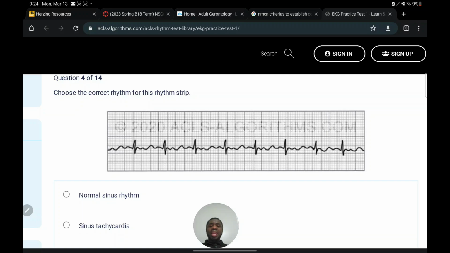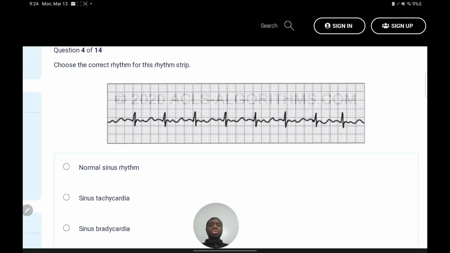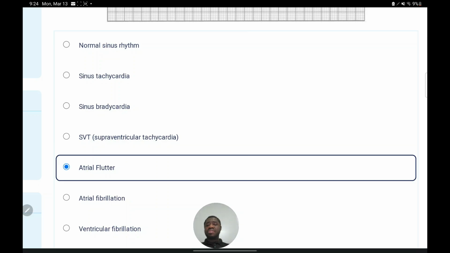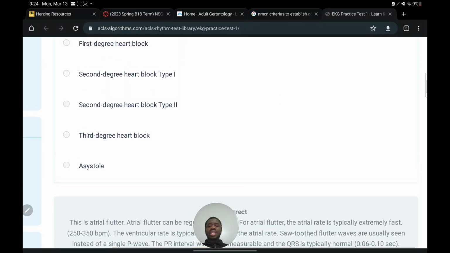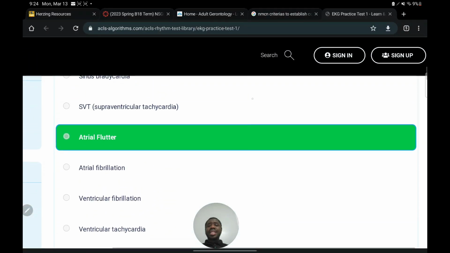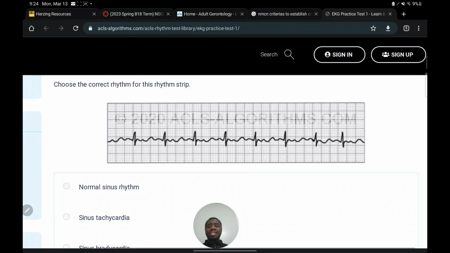And the P waves here look so sawtooth. So this graph is like a twin to atrial fibrillation. So we can say that this is atrial flutter. You can say that this is atrial flutter in the sense that the P waves are more than the QRS complex, and the P waves look like